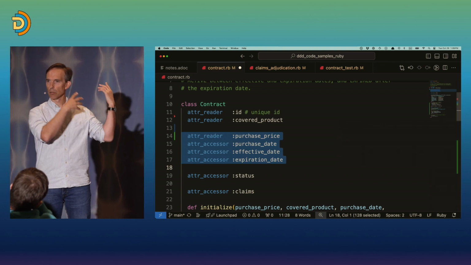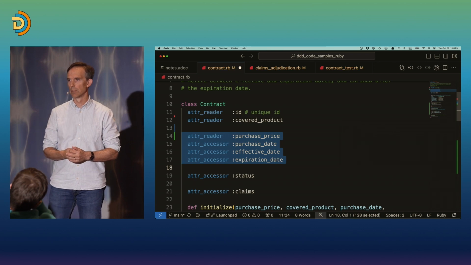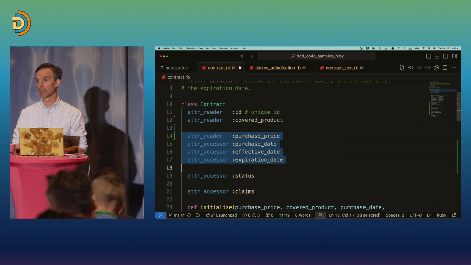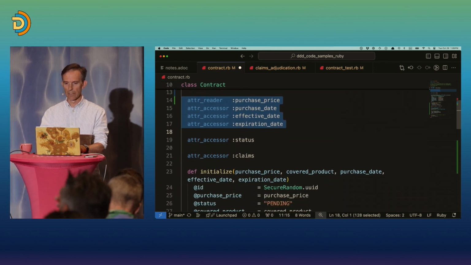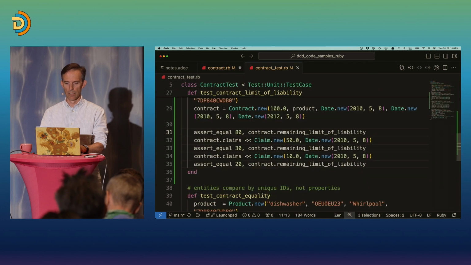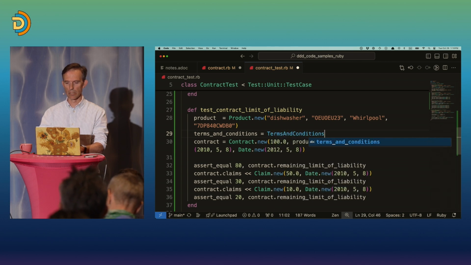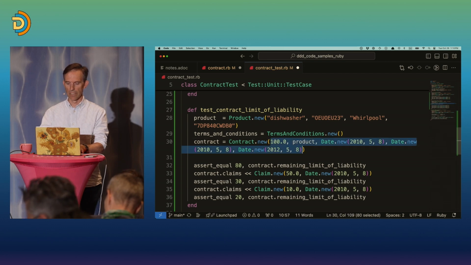And in that paragraph, all these things are spelled out. All these dates, the relationship between them. In fact, the limit of liability was in that terms and conditions as well. So, wouldn't it be nice if we had something like this? We're passing in the product completely. What if we had something like this? Terms and conditions equals terms and conditions dot new. And we passed in everything